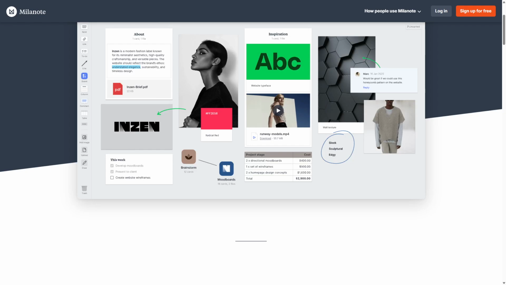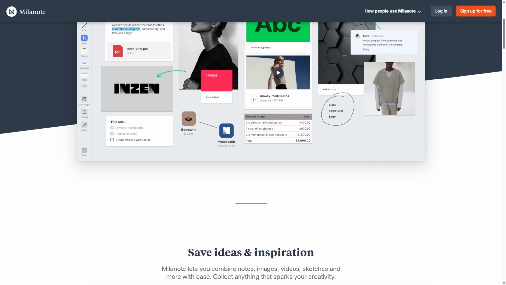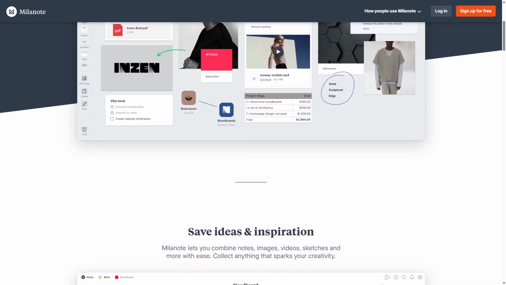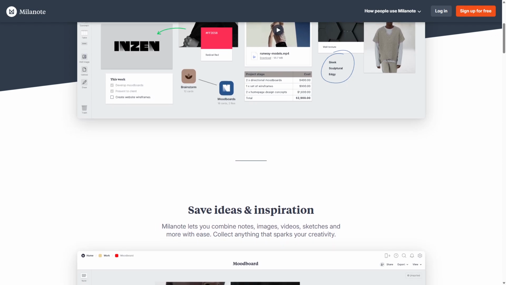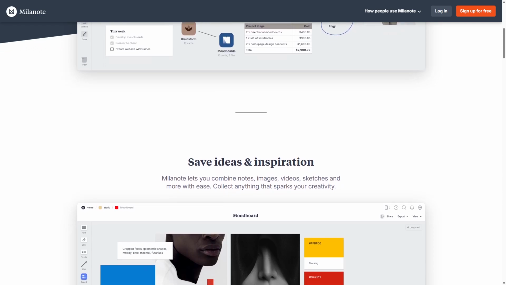The user experience is quite intuitive. You can drag and drop elements easily, and the layout feels free-form, which can be refreshing compared to traditional text-based apps. However, while the interface is visually appealing, it does come with a learning curve, especially if you're used to